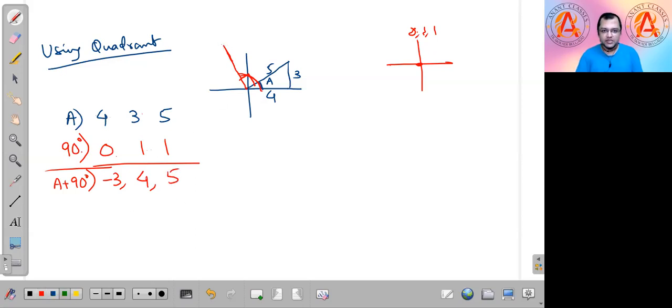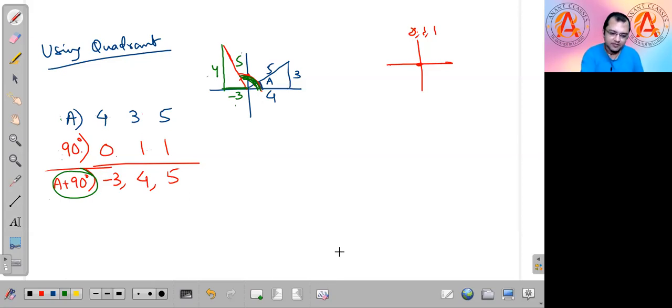So now if you notice what is happening, this triangle is getting formed, which is minus 3, 4 and 5. So directly we get the triple for this A plus 90 degree. A plus 90 degree means this one, this obtuse angle. It is obviously obtuse because 90 degrees right angle, A is acute. So acute plus 90 will give you an obtuse angle. So using this obtuse angle, our triple for this triangle is minus 3, 4 and 5.